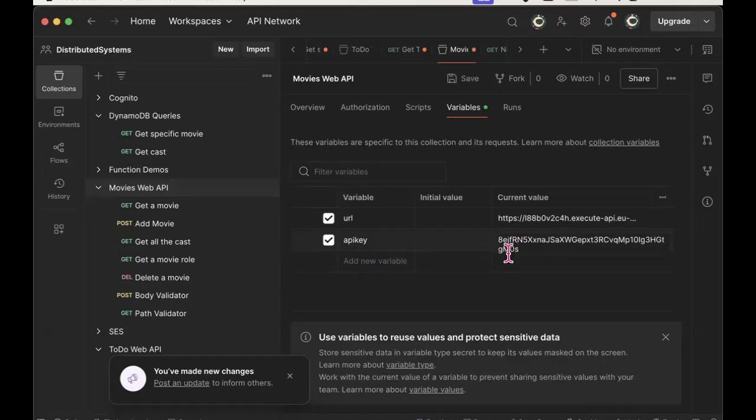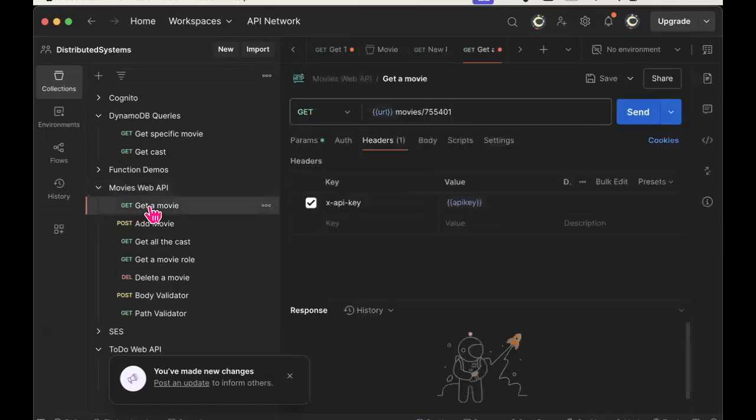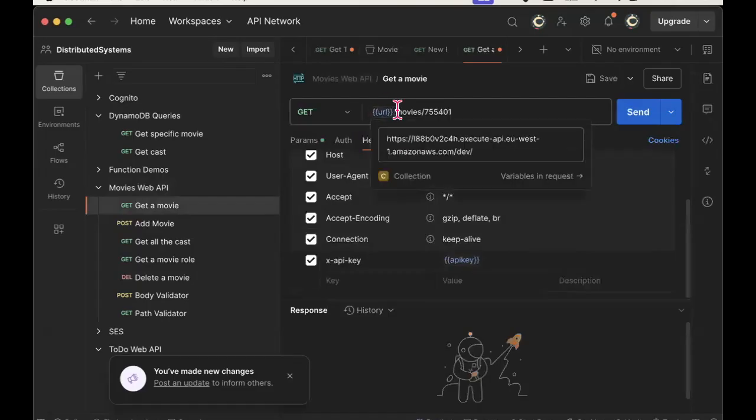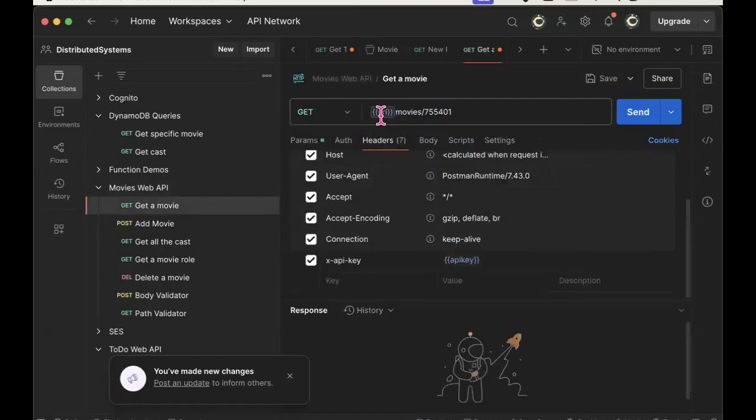Okay, so that's what an API key looks like that has been generated by API gateway for me. So I'll save that. Now, as I've already said, the only endpoint that I have set as a protected endpoint is the get movie endpoint. And I know this is a valid movie ID, so if I send a get request to this endpoint,